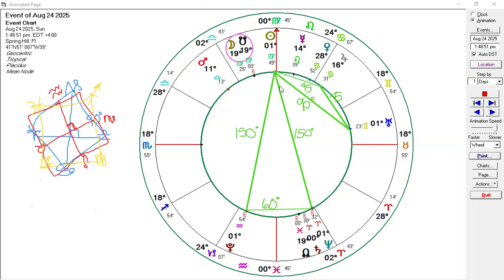We've got this other little pattern going on here, which is an interesting pattern. The sun has come up against a kind of harsh angle. We've got a mutable sign and then another mutable sign, so we know mutable to mutable is 90. I'm reading my notes, I wrote that in wrong. But we have half of that on either side too. You can see these two patterns are similar, but these triangles are spread out. All right, so we've got this 90 here.